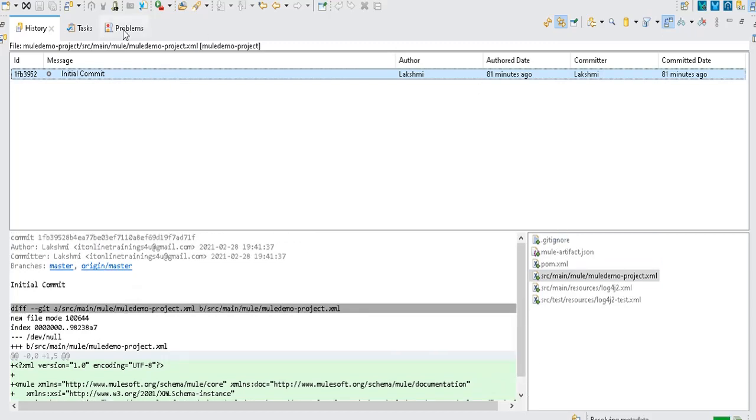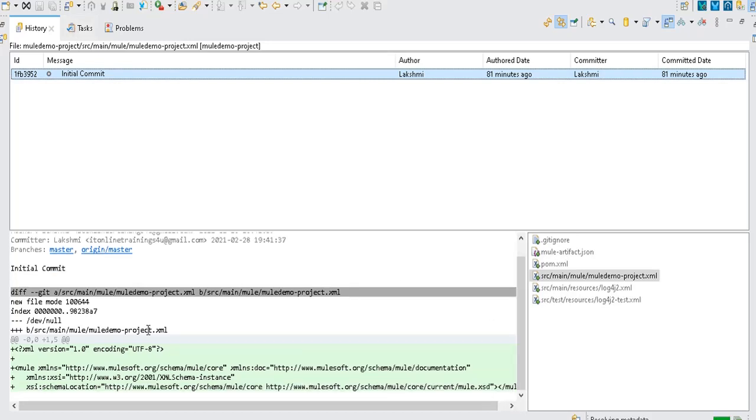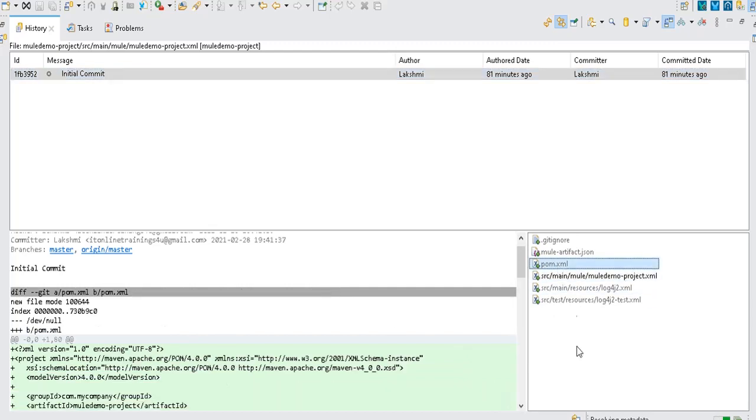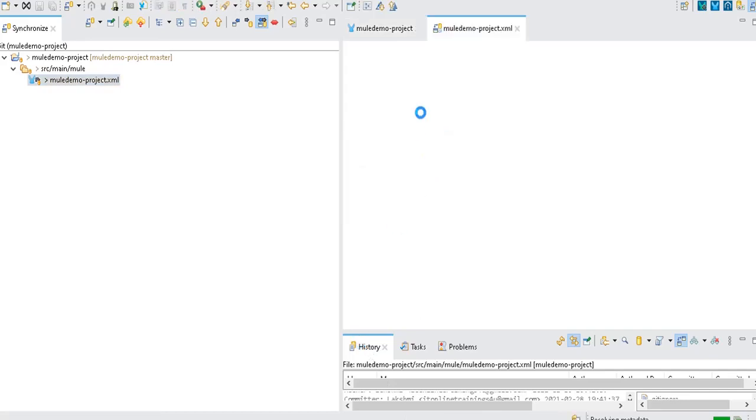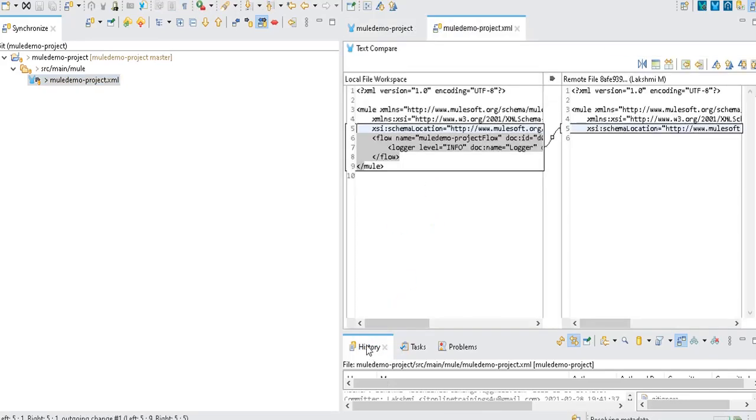So here it is by default taking the complete demo project root. You can select the file you want to compare, and then click on save.